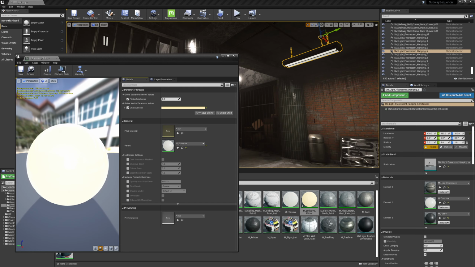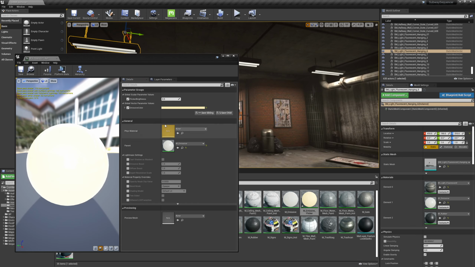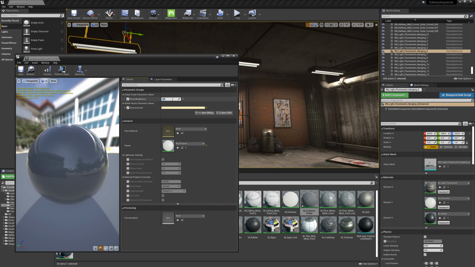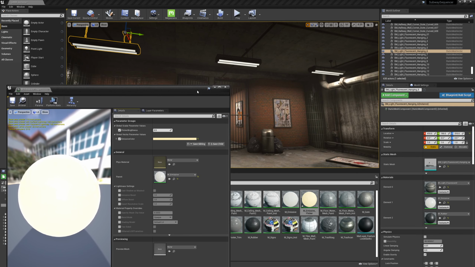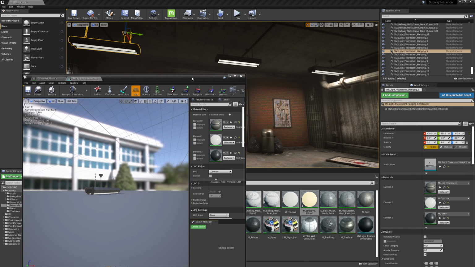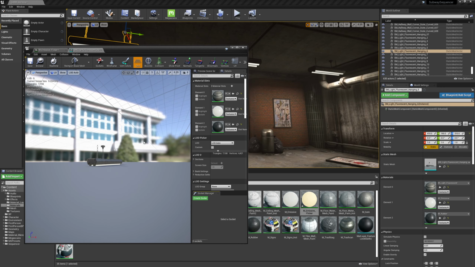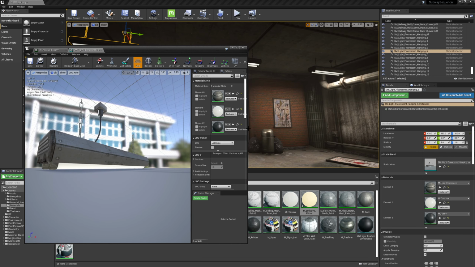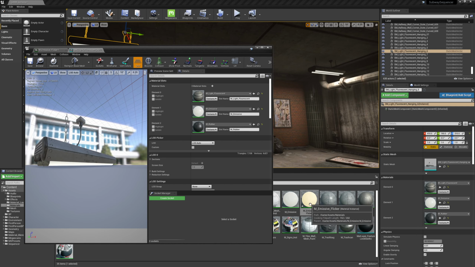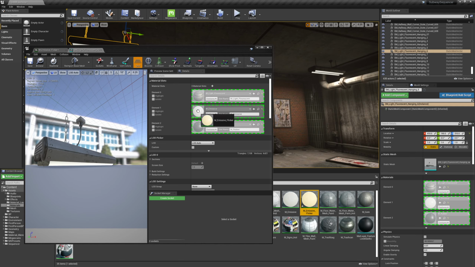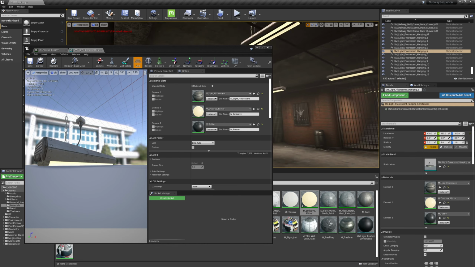Okay, so I'm going to reset that light's intensity, or I'm sorry, that flicker brightness value. Actually, let's bring it back down to 0.5. Okay, let's just leave it there for right now. And what I want to do is open up, double-click the static mesh to open up this mesh, and I'm going to replace the material in here. I'm going to replace the M emissive with the M emissive flicker. Okay, and that should change all of these lights